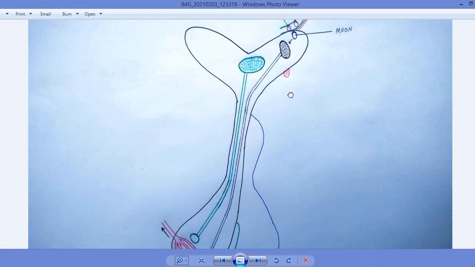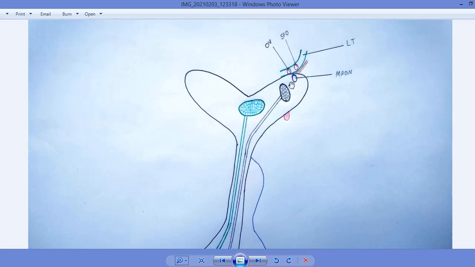Now coming toward the detail. This layer contains two types of collections of cells around the median preoptic nucleus. This collection of cells contains the osmoreceptors. The cells inside these small organs are called osmoreceptors, and this collection of cells above the median preoptic nucleus